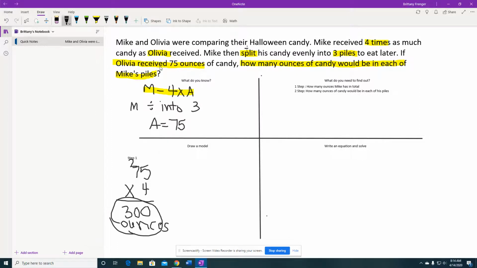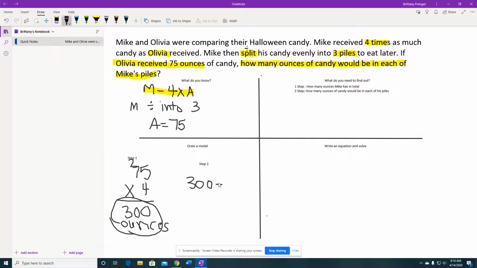So we have 300 ounces, and the next step we needed to do was figure out 300 ounces divided into 3. So we needed to divide that number, which is our step 2, because that will tell us how many are in each pile. So if I did 300 divided by 3,